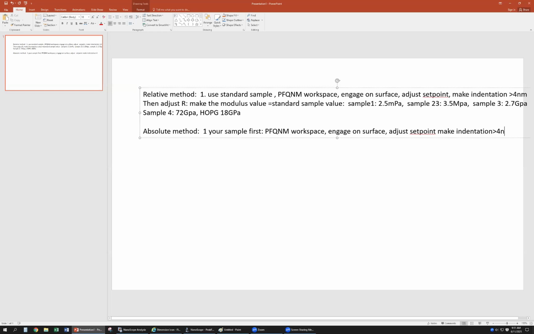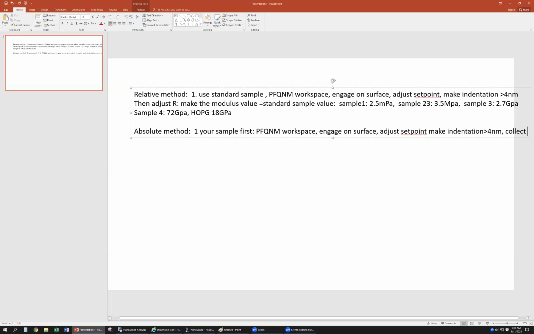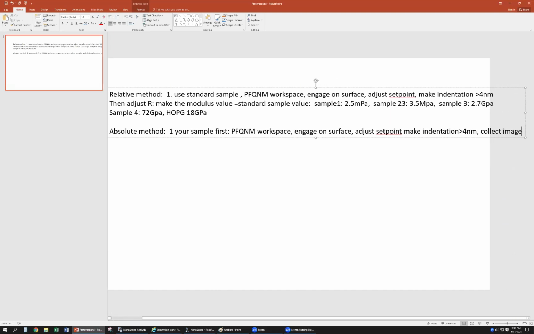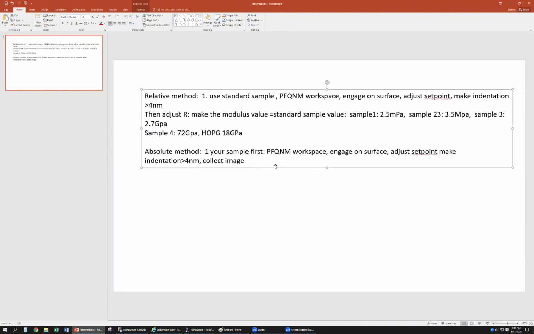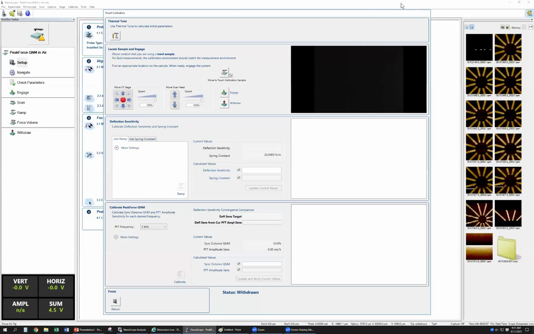Larger than the 4 nanometer. Okay, collect one image. Collect your image with the first curve. So when you do the capture, if you include the first curve, when you collect the image, if you do this one,